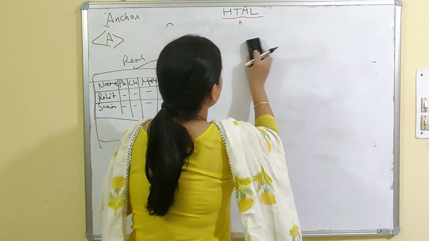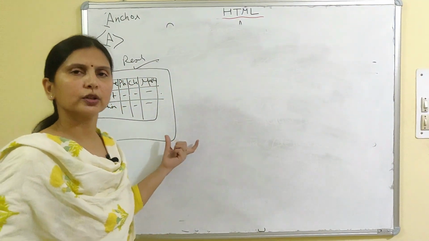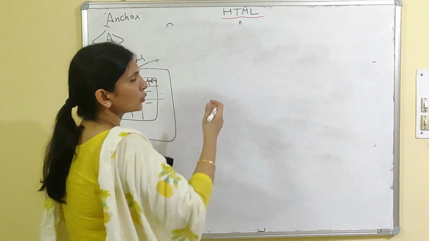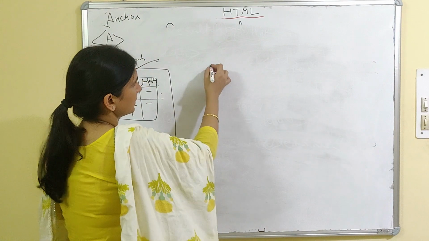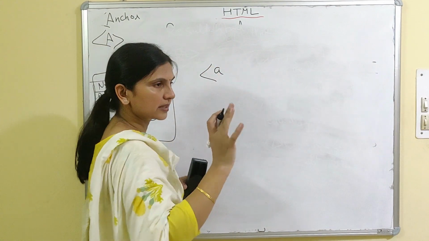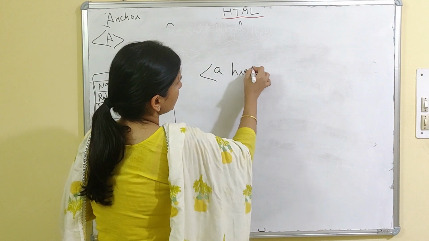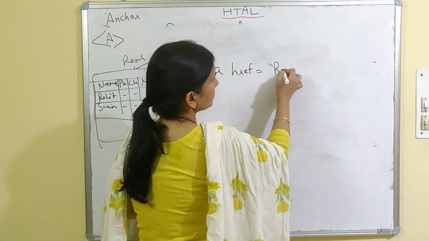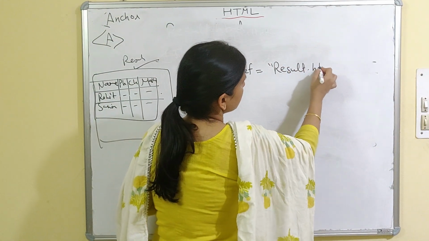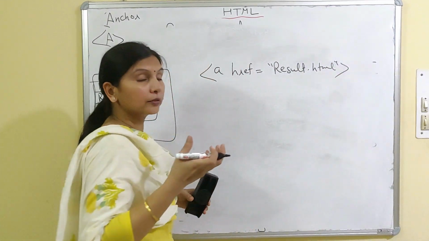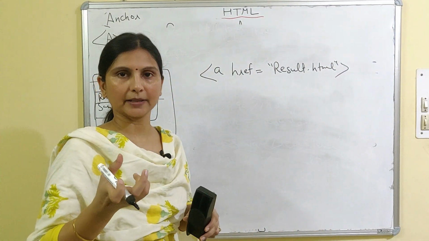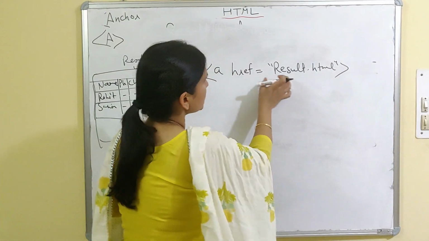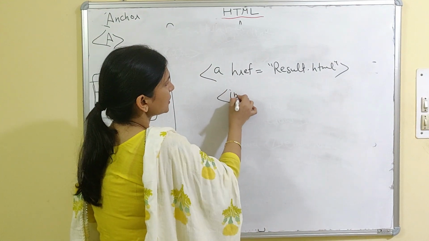Now I will tell how to create. In the next video I will show you the practical of this hyperlink. Fine. So now we will see how to create a hyperlink of any image. So to create hyperlink of any image, I am just giving the syntax ahref, for example, any file name, like the same case I am taking result.html. Now instead of using click here as a hyperlink, if any image would have been there, then how to give ahref result.html, then we will give the image img